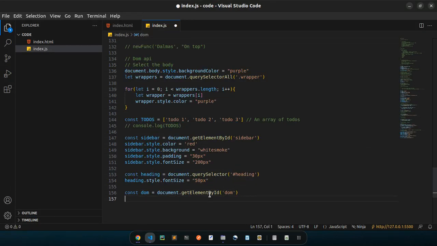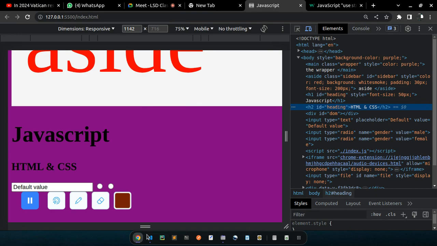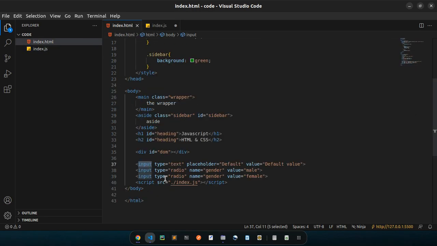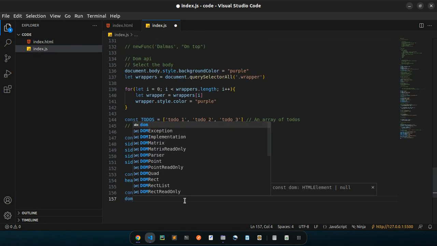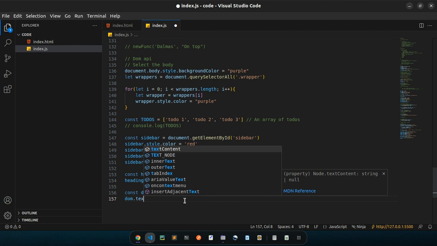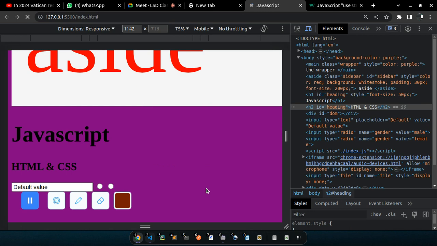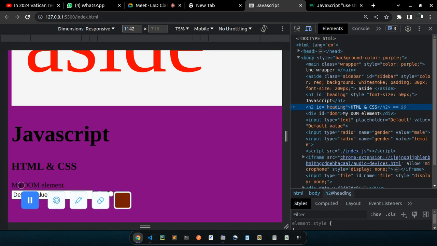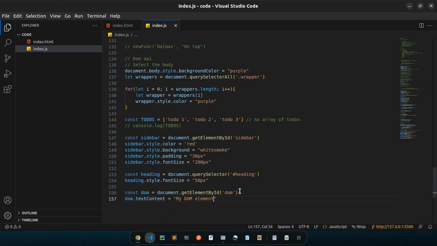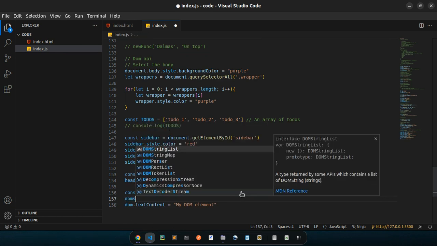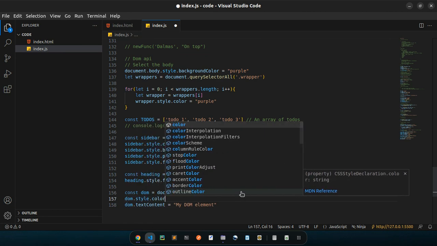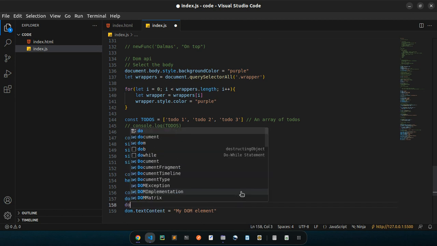So I want to write to DOM. Currently DOM is not visible in the browser, but how can I write onto this element of ID DOM? Then I'm going to just say DOM.textContent, and say my DOM element like that. So if I save, you will notice it has added my DOM element here. Then I can even go ahead and do some styling. DOM.style.color equals white. DOM.style,